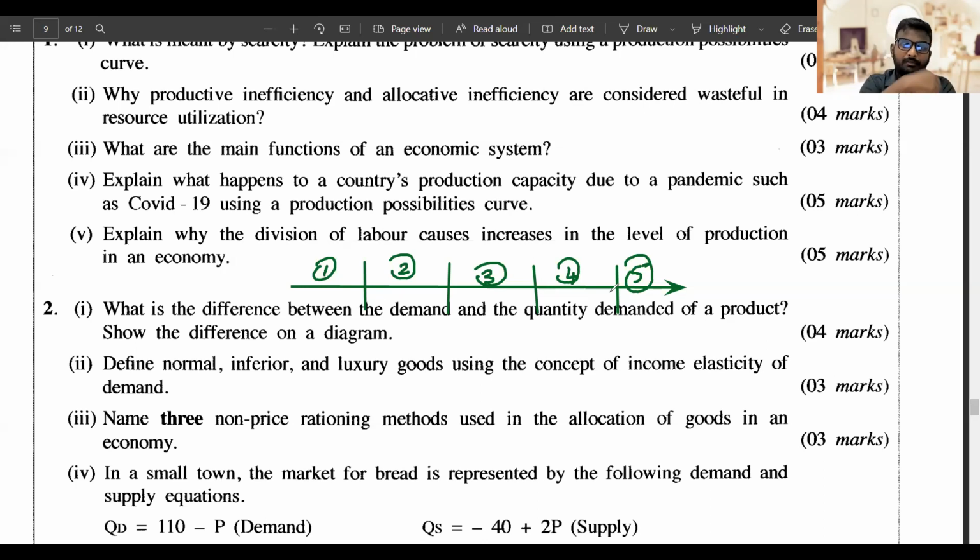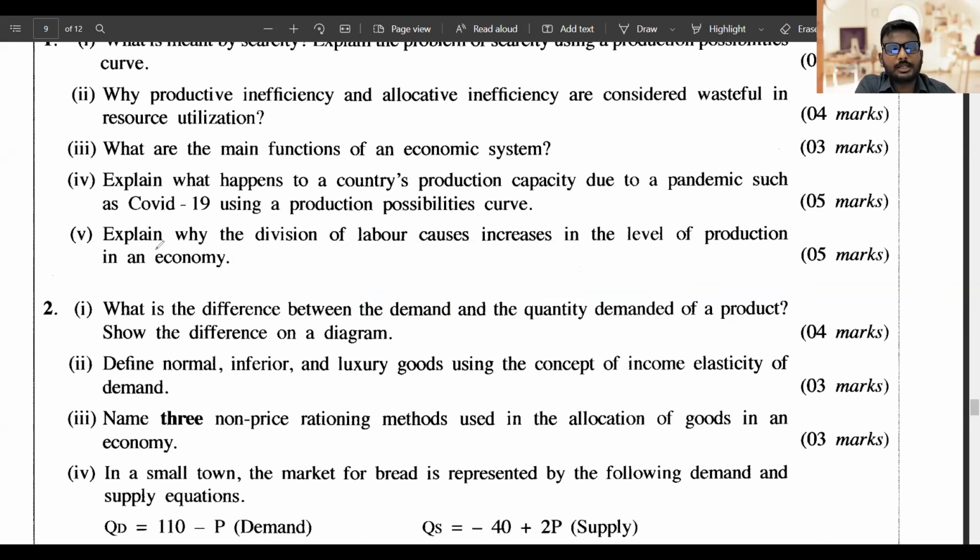That's what they're asking. Explain why the division of labor causes increases in the level of production in an economy. So this is how it works. First of all, what division of labor does is it leads to specialization of skills. So let me go to this page, the whiteboard. First thing it does is,